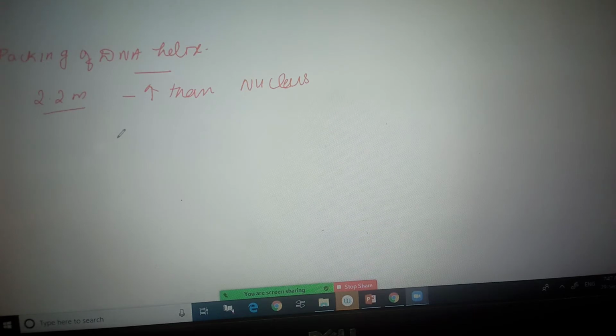The number of base pairs in E. coli is 4.6 into 10 power 6, and the total length is 1.36 millimeter in the case of E. coli bacteria. So the long DNA should be accommodated in the small area of a nucleus. How is that possible? Only by packing. Packing means folding, means compaction, compactly arranged.